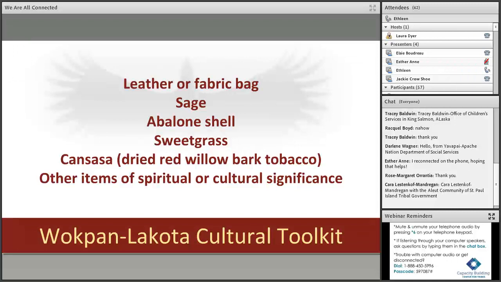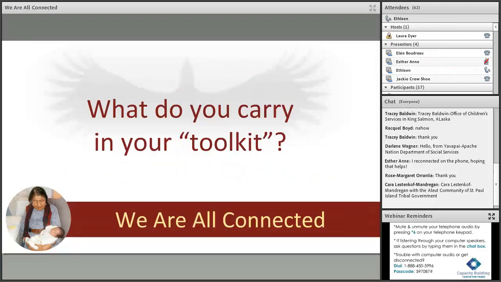So I would say that if we equipped our children and our young people with a wokpa, a Lakota cultural toolkit that they could rely on in stressful times, then we might see less responses like suicide attempts, like suicide completions. So we'll leave you with that thought. And again, this is from the Lakota worldview. So I'll turn it over to Jackie now.